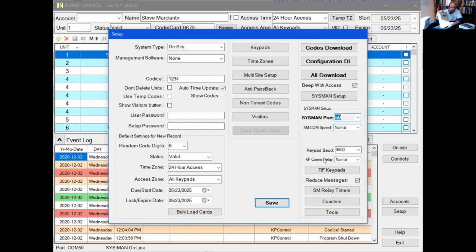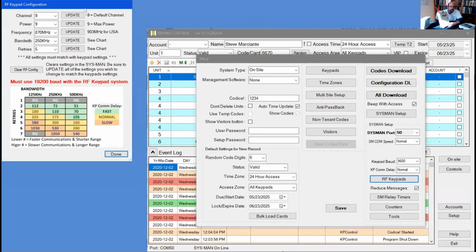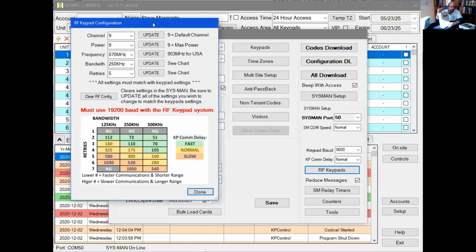Okay, so next, that's the keypad baud rate setting there. We have an option for 9600 or 19.2. We haven't shown you the wireless system yet, but this is where the wireless keypad configuration is set up. And we have a little chart there that shows the trade-off between the speed of communications and range. So depending on your facility, we would pick the correct parameters there to handle the distance and the speed